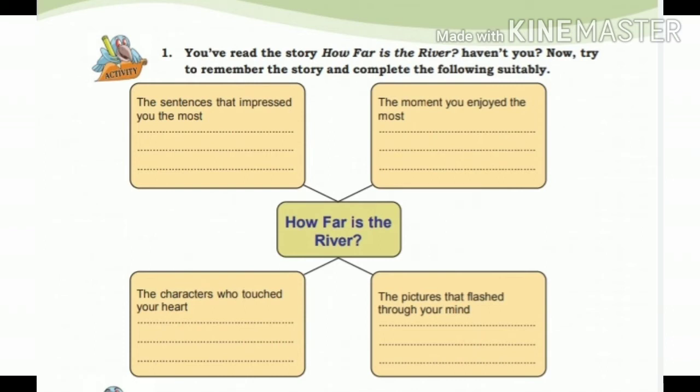Write it in your notebook and fill the 4 boxes in the textbook, like I told, how you have to fill it. You have to write a minimum of 4 points, according to what I told you earlier. You have to fill it properly. Okay. Hope all have understood how to write the appreciation. We just made a mind map by discovering the 4 parts. After discovering these 4 parts, we can just write it.